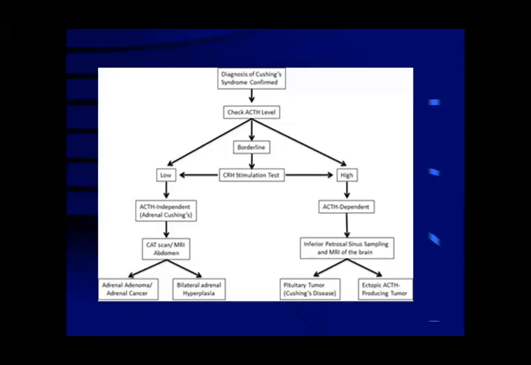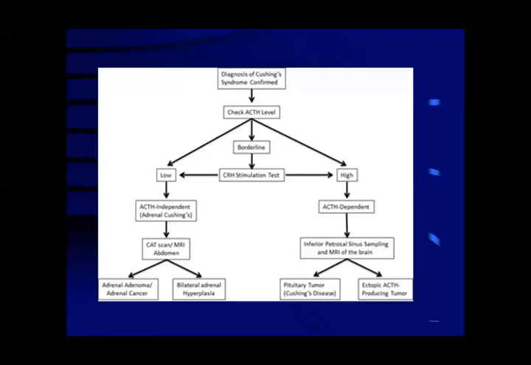So we will do the inferior petrosal sinus sampling. Inferior petrosal sinus sampling: the petrosal bone is below your eyes and adjacent to the nasal bridge, and we go through the canthus of the eye to the posterior part to take the sample of the blood from the arteries supplying the pituitary gland. And MRI of the brain is also done. So MRI will find out if there is any pituitary tumor, Cushing disease, or if this is ectopic.